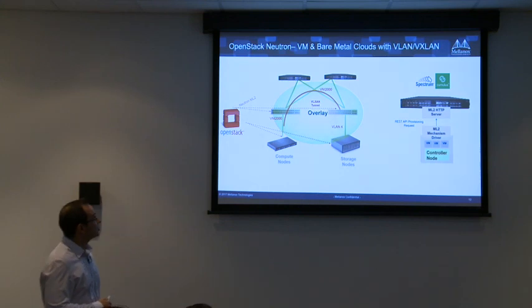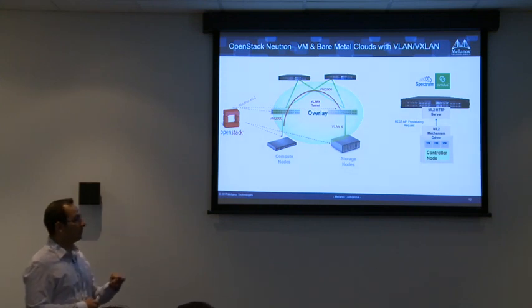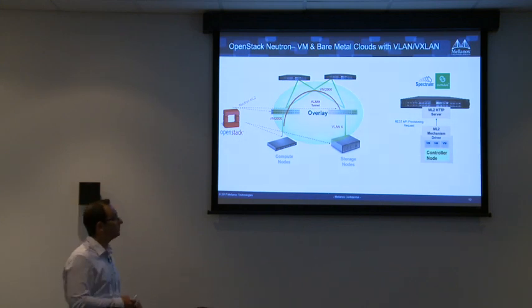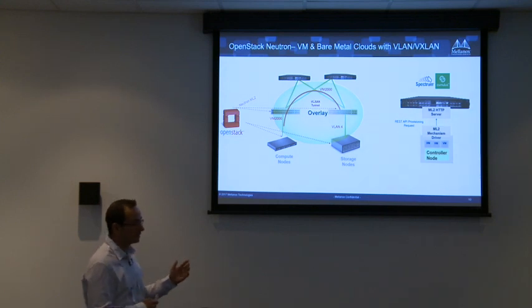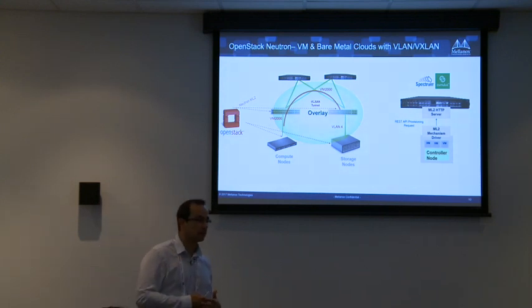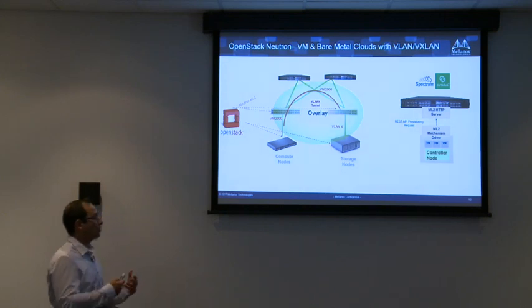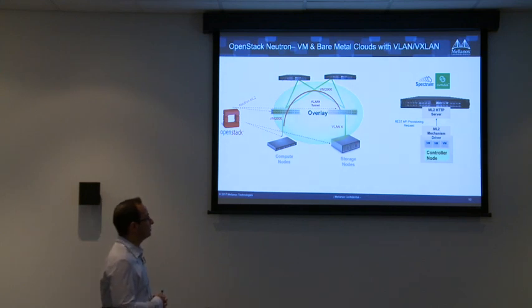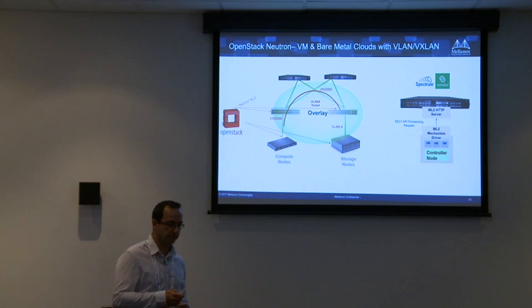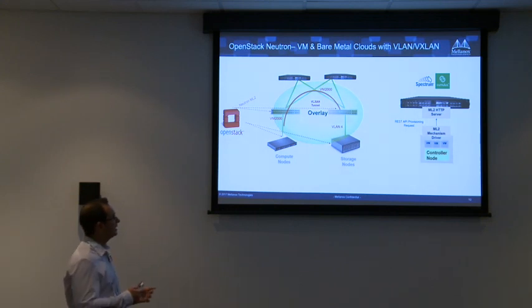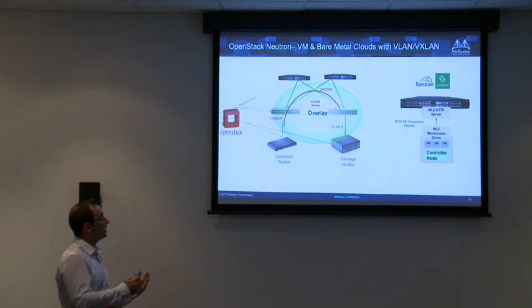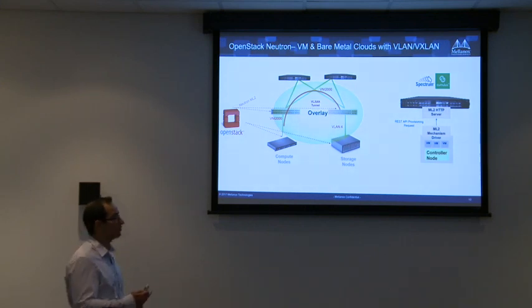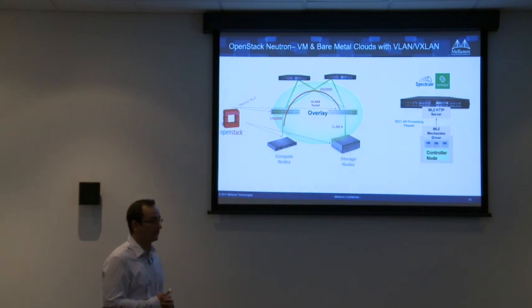Let's go back to overlay. So we said that we need to somehow do the VTEP on the top of rack sometimes when it comes to bare metal. And if Neutron is going to control that, then we need some kind of an API, right? So we are offering an ML2 mechanism driver that has the ability to control our switch from Neutron over HTTP REST API. In the same way that Neutron is controlling the hypervisor, now we can also control our switch and set up the mapping between VLANs and VNIs, and we'll talk about it in a minute.